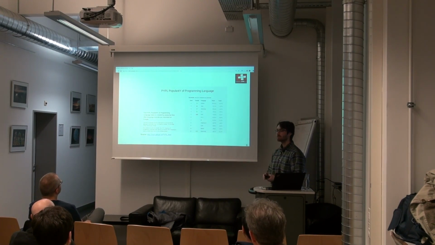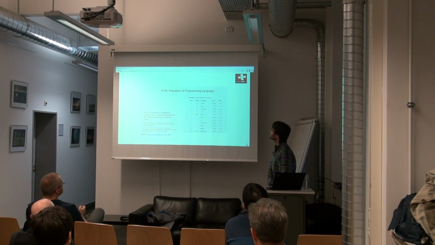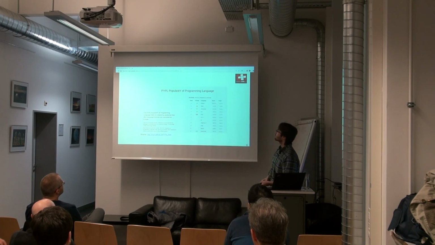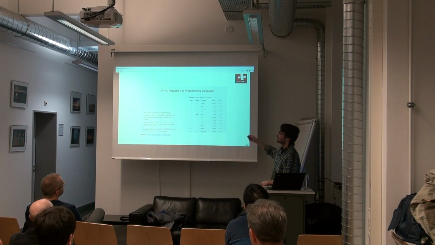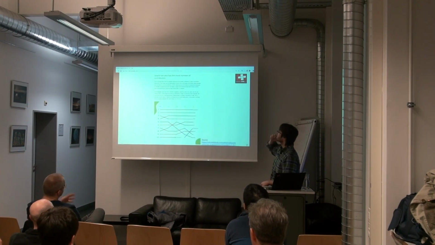So it's also interesting to look, and sometimes I look into this, at what developers are doing. What are the top languages in terms of utilization? Sorry if you cannot read this, but I took this snapshot this week. This is the popularity of programming languages, and you can see that the top languages are usually languages that run on top of runtimes that provide a lot of these features. So you have Python, Java, JavaScript, C#, PHP, and then in sixth place comes C and C++. And this is a common pattern.